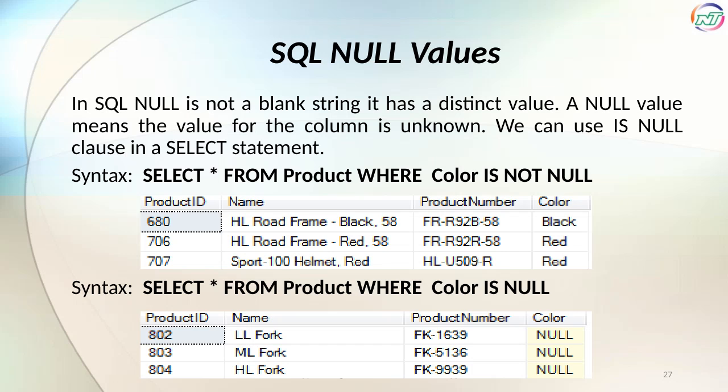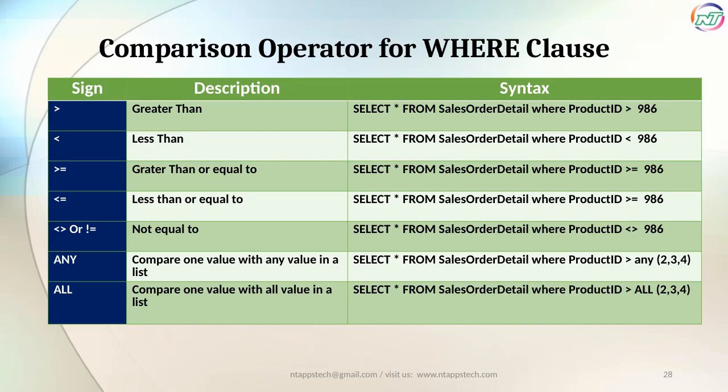and IS NOT NULL conditions. In SQL, comparison operators help us filter data by comparing column values to specific criteria. For example, the greater than symbol allows us to select rows where a value is higher than a set number. Similarly, less than filters for values below a threshold. We can also use greater than or equal to and less than or equal to include values that meet or exceed certain limits. To find rows where a column does not equal a particular value, we use either the not